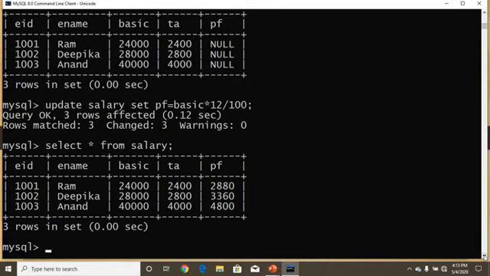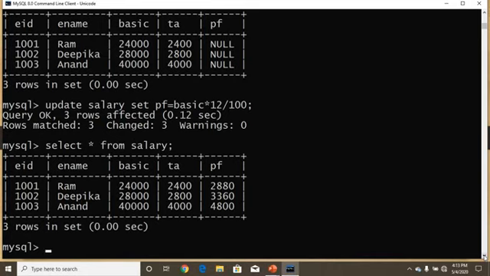Now I am going to add a new column, net pay, that means gross pay, the final salary. If you want to calculate the final payment, we have to add basic with TA and subtract PF. So how to update that? First I am going to add a gross pay column.